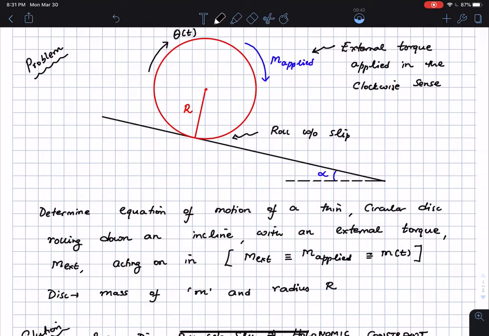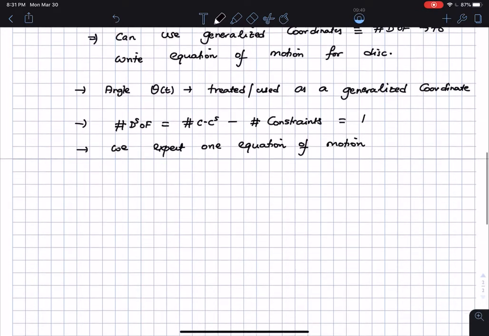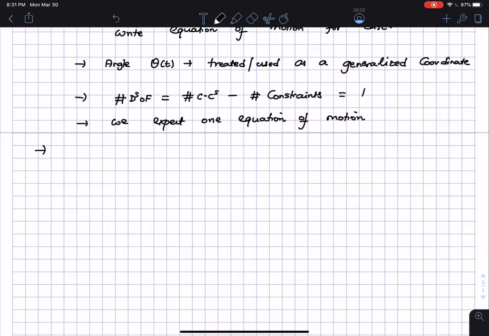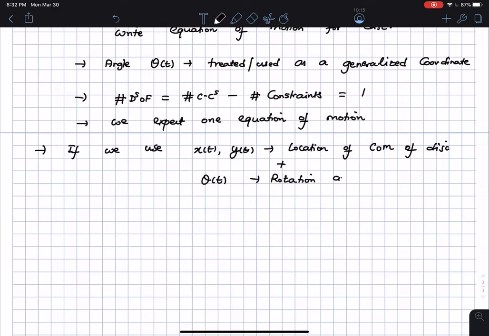And so if we treat x, y, and theta as the configuration coordinates, I'm sorry, if we use x of t, y of t, which refers to the location of the center of mass of the disk, and if we use theta of t, the rotation angle, if these are your configuration coordinates, these are your CCs,